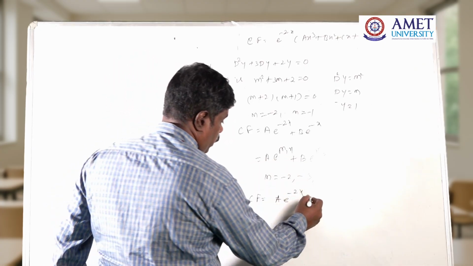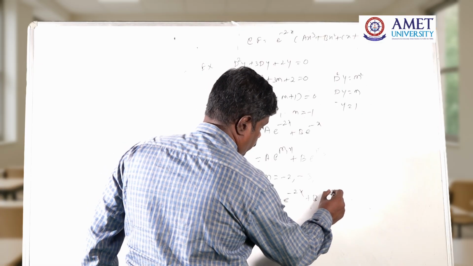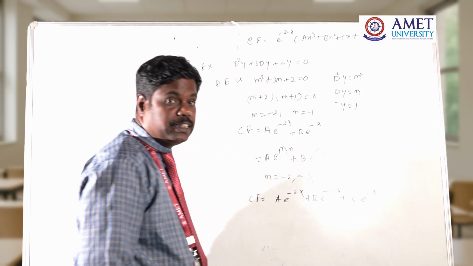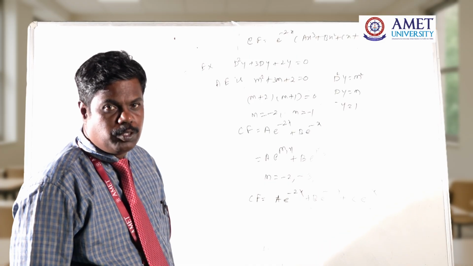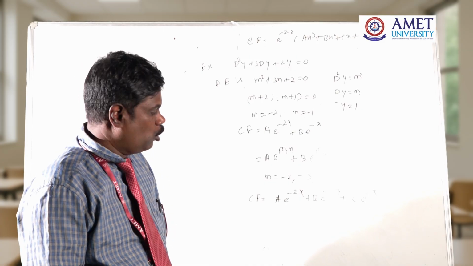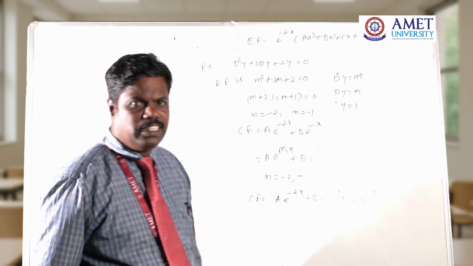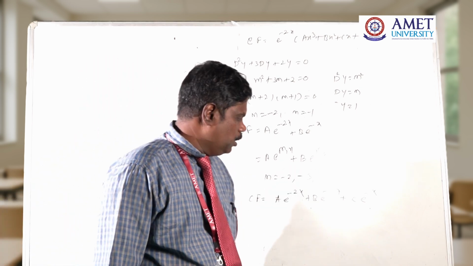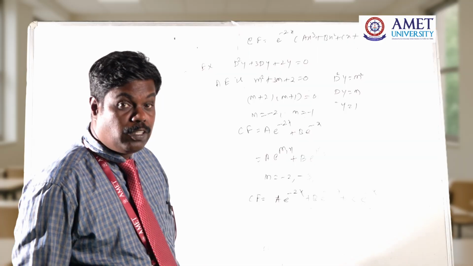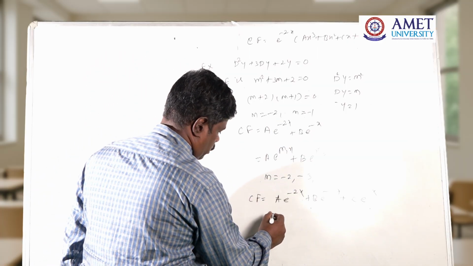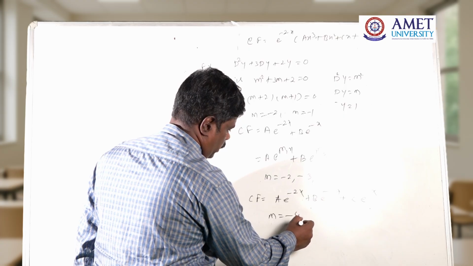Minus 3, plus b e power minus 3x plus c e power minus x. Able to understand? So accordingly, the arbitrary constants will increase. Now I am asking for fourth order. Suppose m is equal to minus 4